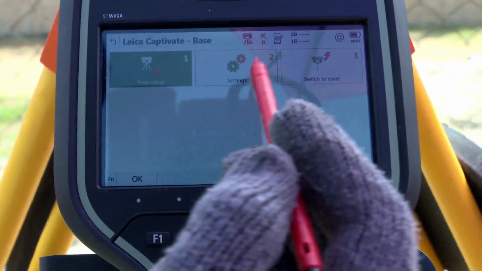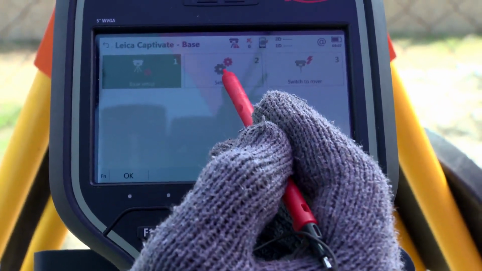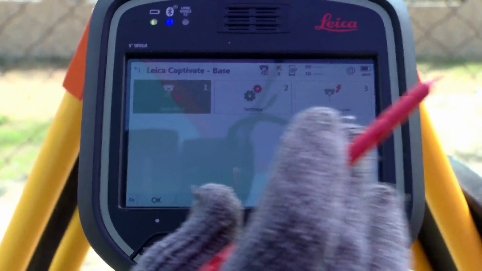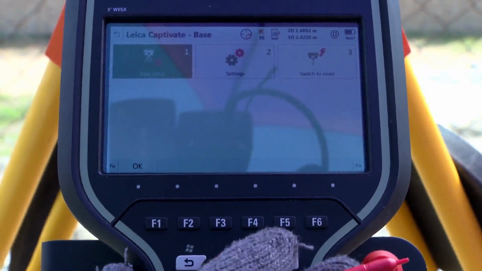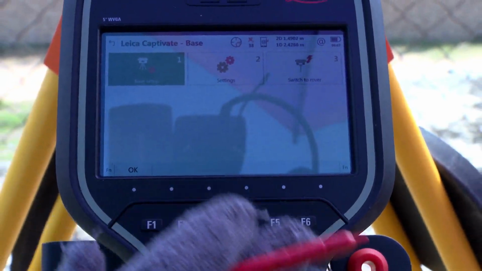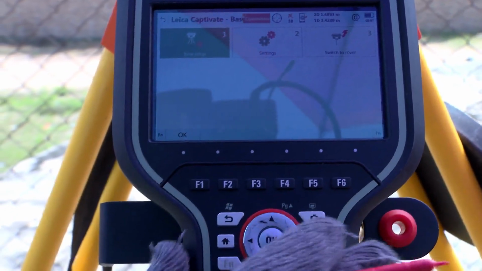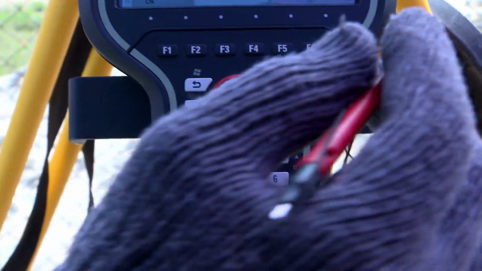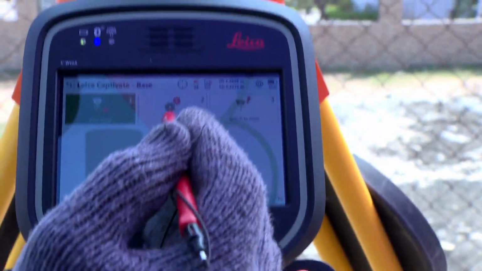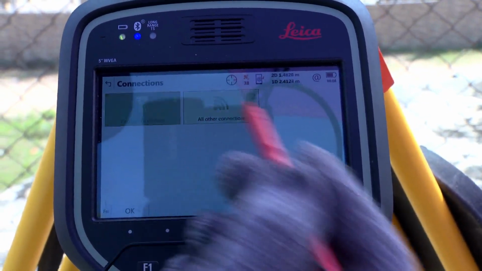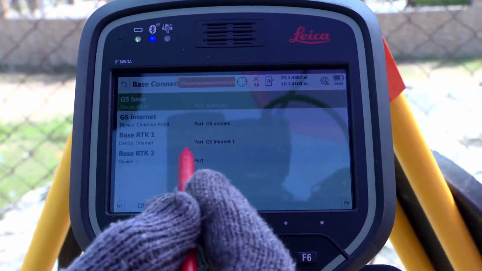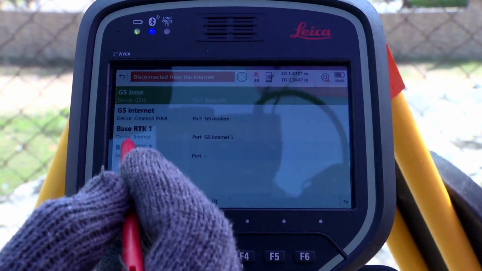So here, first of all, settings. First we need to connect this GPS with the server. In the server, only the values will be corrected with reference to the geoid model. So for connecting it, I am going to Settings, Connections, All other connections, and then here you can see